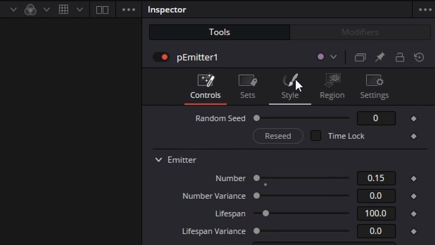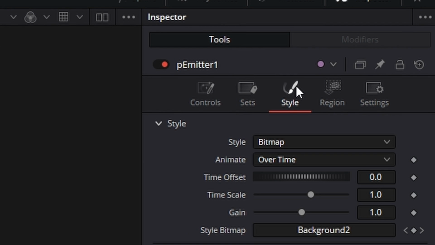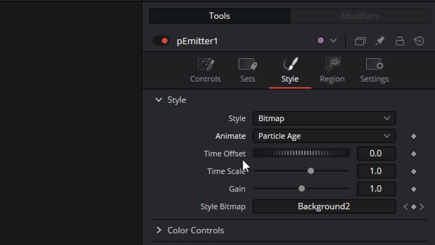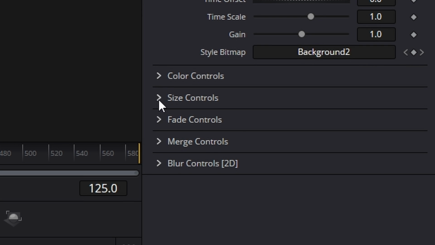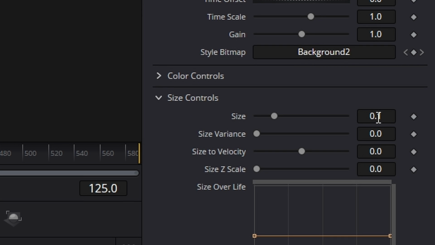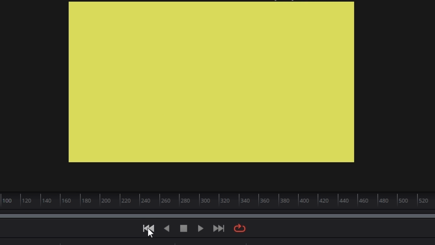Right, we now need to go across to the style region just here. And on here where it says animate, we're going to do particle age, and that'll add more randomness to it. Right, under size control, what we need to do, click just here and change that to 2.2. And we need our size variation to be 2. Now when we play that back,